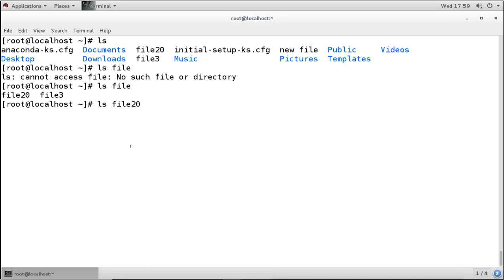Now remember, how will you know whether it is the right and complete name or not? You will know by the cursor. When it is not completed, the cursor is not leaving the word. You see the cursor is still with the word. But when it is completed, it goes away from the word. Now see, it has gone away from the word by one space. When it is not going away, that means it is not completed.